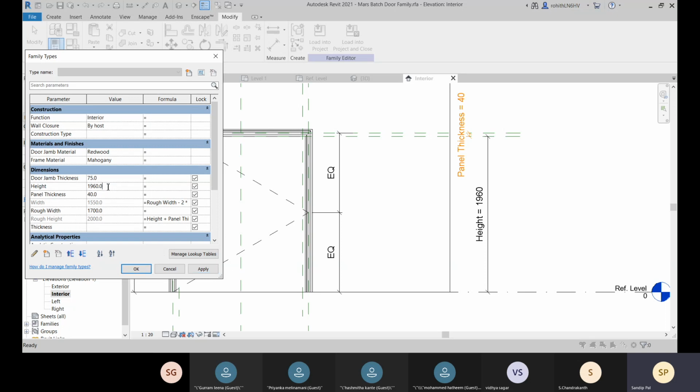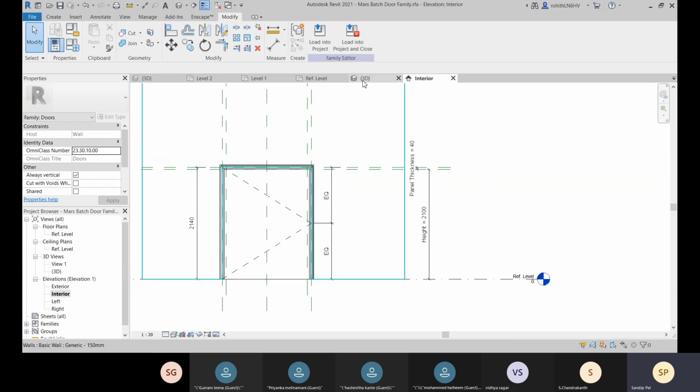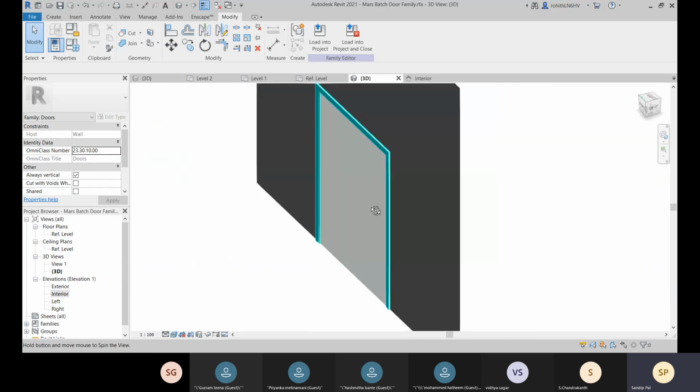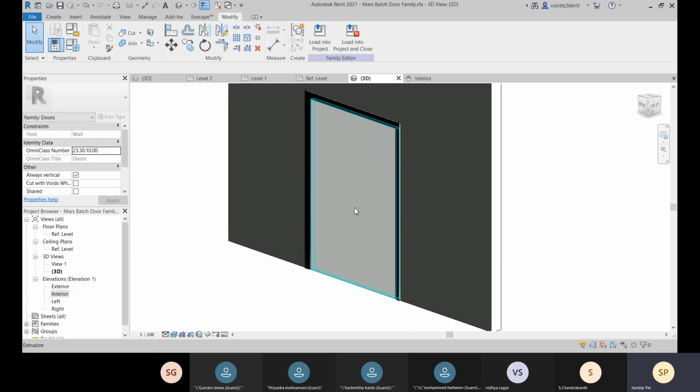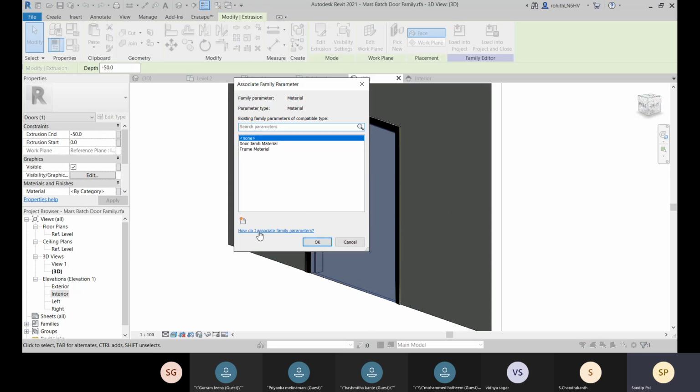Now if you change this one, let me see if it is working properly or not. Apply and okay. Yeah, here you can see, right? Fine. So here you can see that your rough height has been updated to this, and let's click on apply and okay. So now it's proper, and here you can check it, right? And for this door panel, you can apply the material.